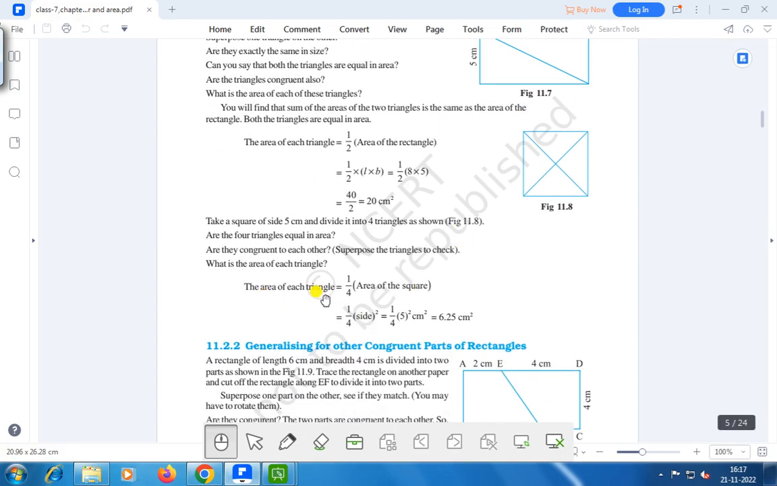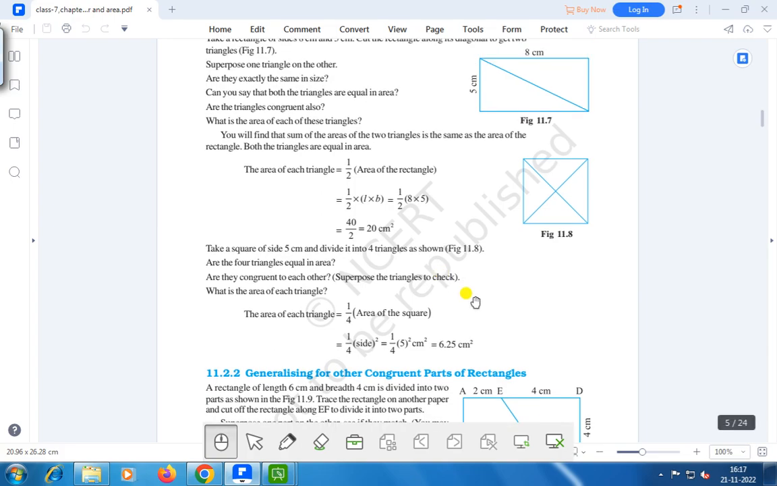right? Therefore, if we divide this square into 4 equal parts, the area of each triangle is 1 by 4 into the area of the square. Area of the square means side square, this one, right? That means we have to remember that